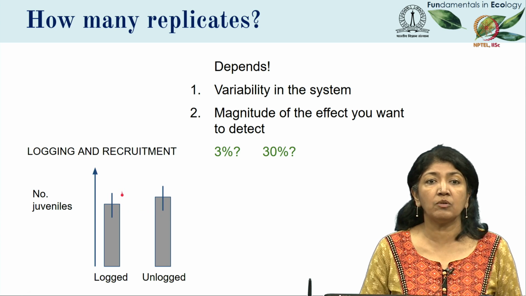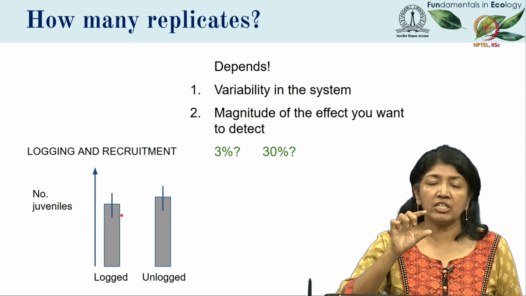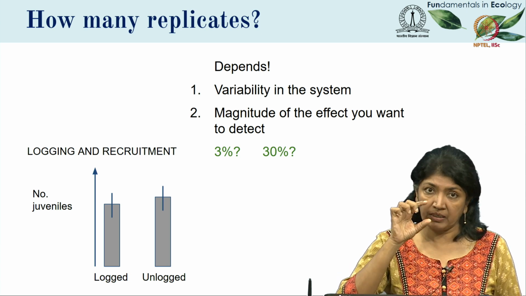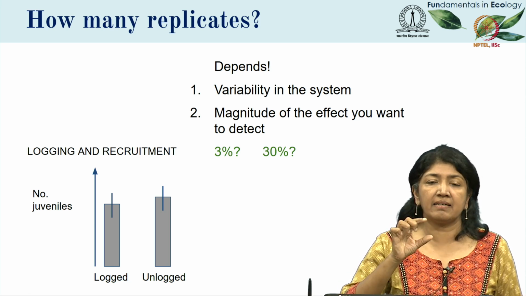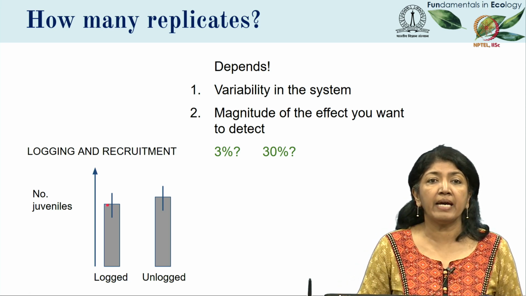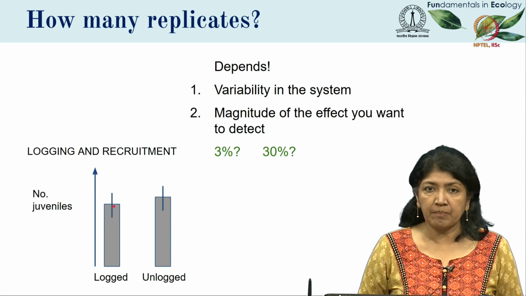I wouldn't be able to estimate it precisely, which means I will have large error bars, that is large confidence intervals, that is high uncertainty, and I wouldn't be able to detect an effect of 3%. I would need to increase sample size